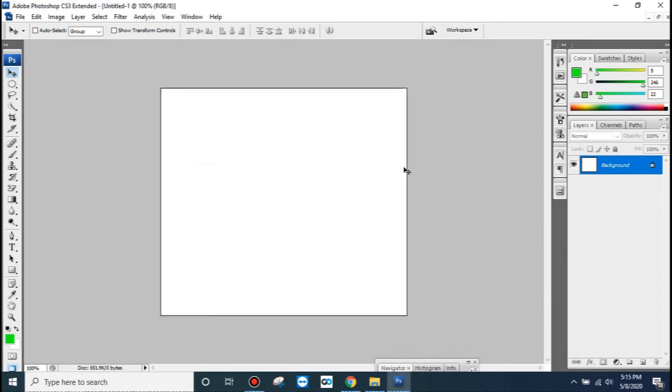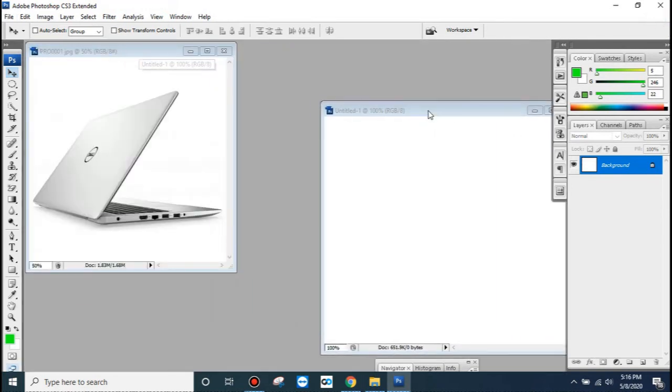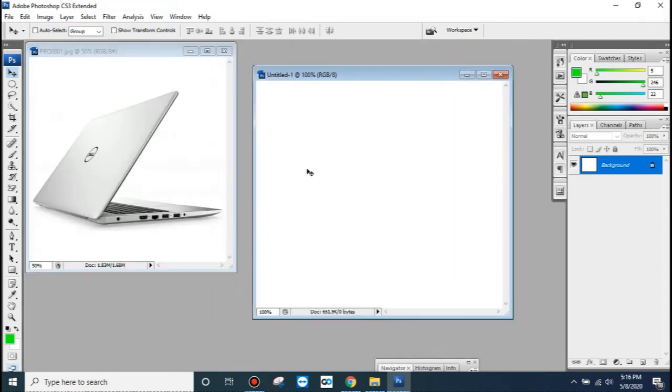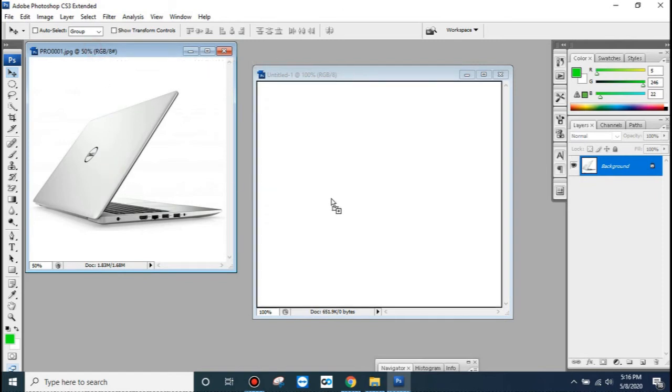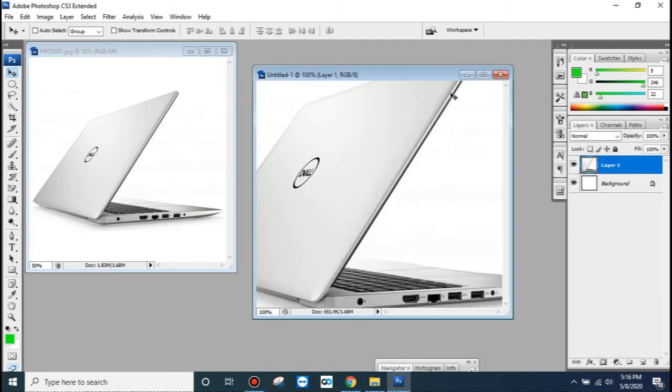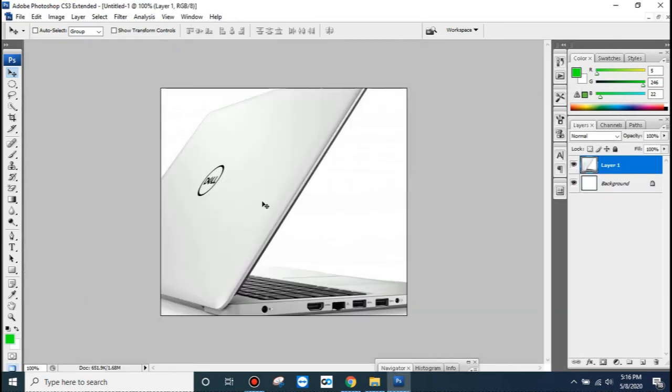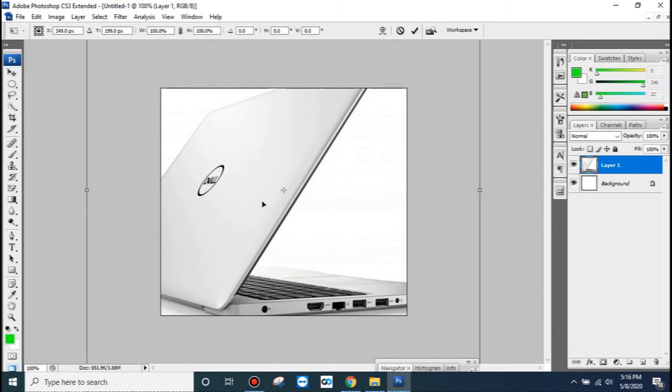A new window is open here. This is the image size that we actually need, and this is the downloaded image. From here pick this and bring it into this one. Now press Control T. By Control T you will get this.